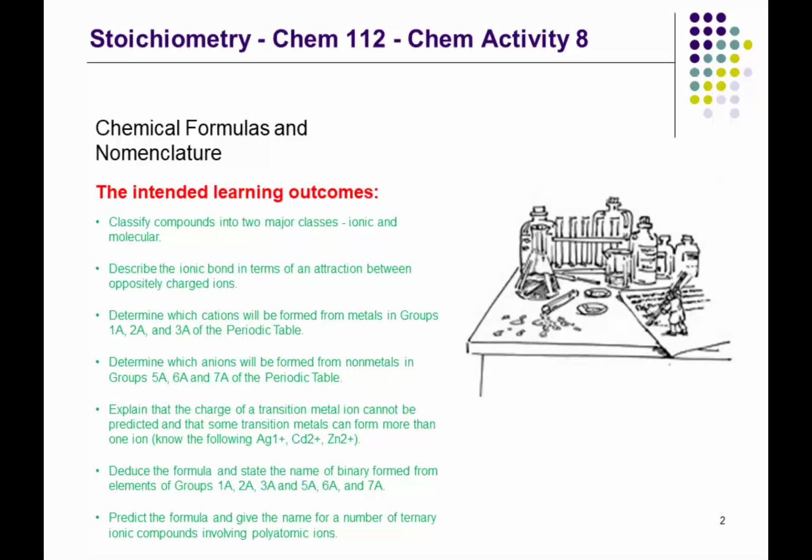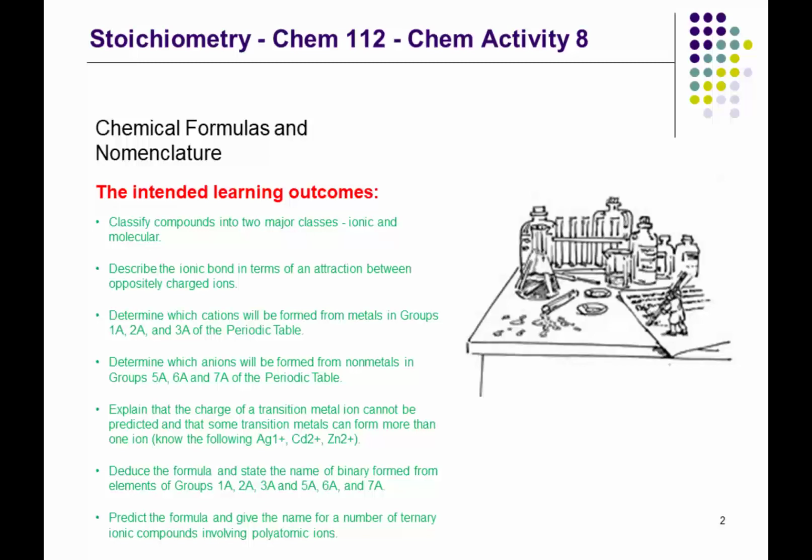The intended learning outcomes are that you will be able to classify compounds into two major classes, ionic and molecular, that you'll be able to describe the ionic bond in terms of an attraction between oppositely charged ions, to determine which cations will be formed from metals in groups 1, 2, 3A of the periodic table, determine which anions will be formed from nonmetals in groups 5, 6, 7A of the periodic table, explain that the charge of a transition metal cannot be predicted and that some transition metals can form more than one ion, but also to know that